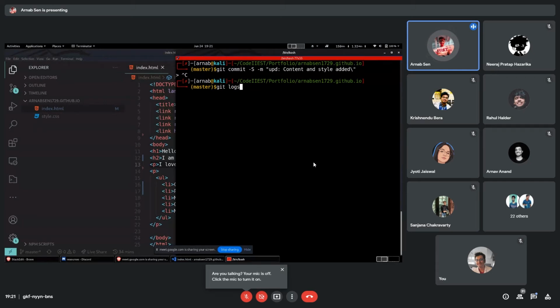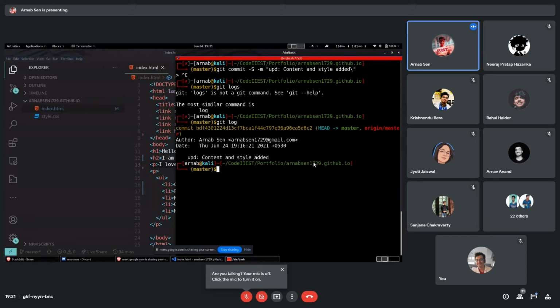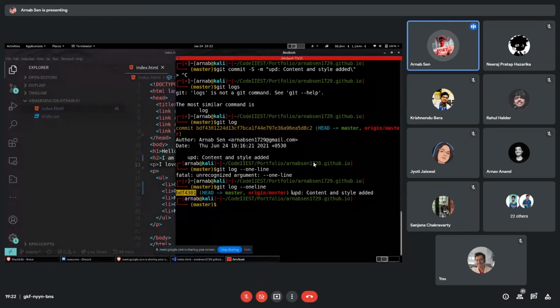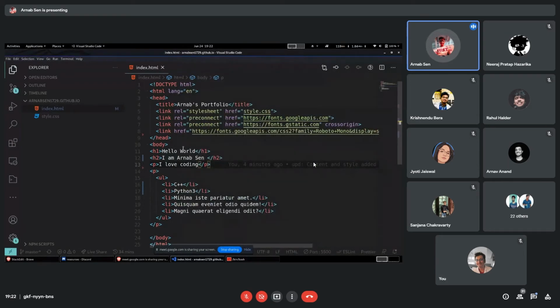But right now, if I just go to git log, there's nothing. I use git log with one line. I've forgotten all the code. It's one line. Yeah, so it will just show this one commit over here. It will show all the commit messages and the hash as well, so you can move back to that particular commit. So a nice commit message is an indicator of which commit it is. So just make sure you do that. Keep that habit from the beginning itself.